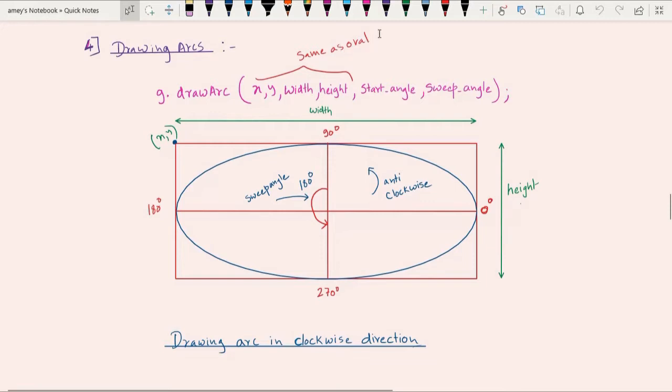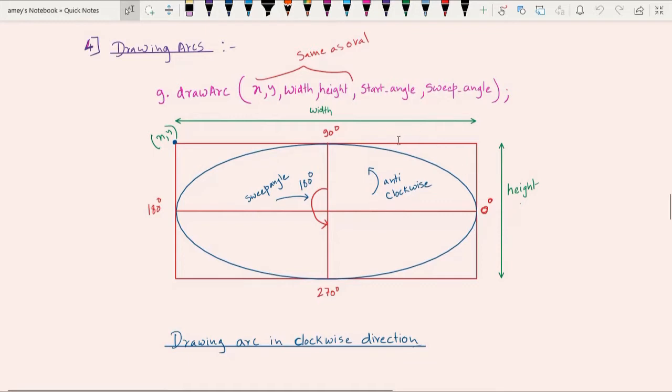Now whenever we draw an oval, first we specify what is x comma y. So this is the top left point of the rectangle that is surrounding the oval. So that is x comma y. Then we specify the width of that oval, we specify the height of the oval. So these are the first 4 parameters. So basically when you specify the first 4 parameters, you are specifying that, okay, this is the oval. And now from this oval, you have to remove an arc. You have to remove a particular arc. Either it could be this part, or it could be this part, or this part, or this part, or this part.